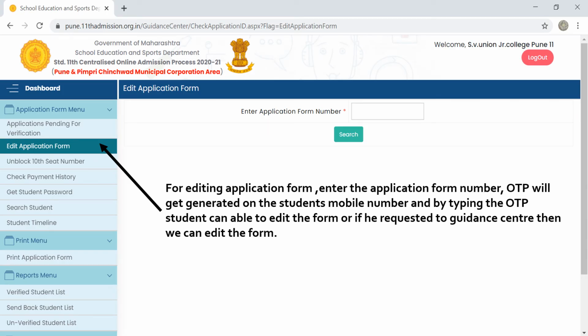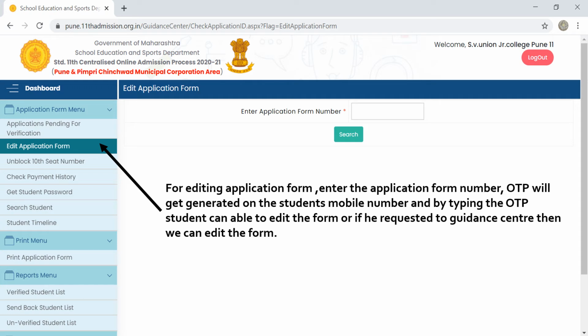Then in the edit application form, suppose a student wants to edit his application form, like part 1, part 2, then the guidance center in-charge has to click on edit application form, where in the text box he has to write the application form number. When the button is pressed, he will get all the information about the student.